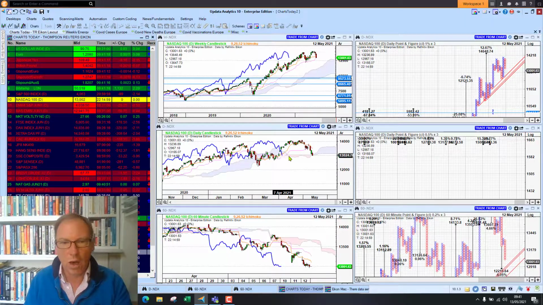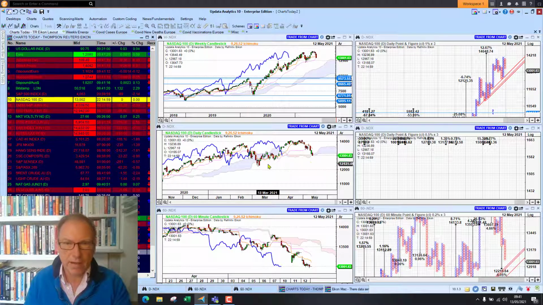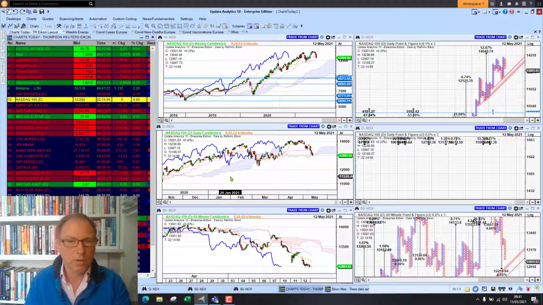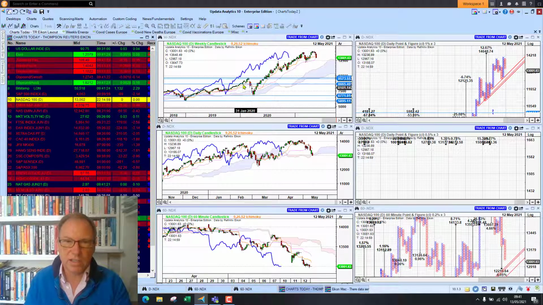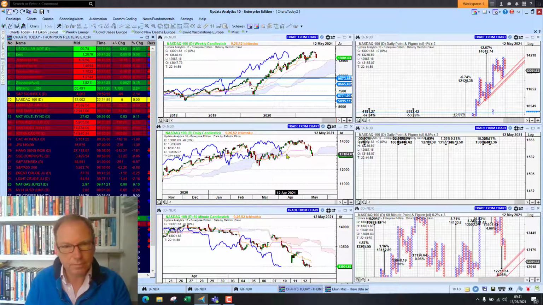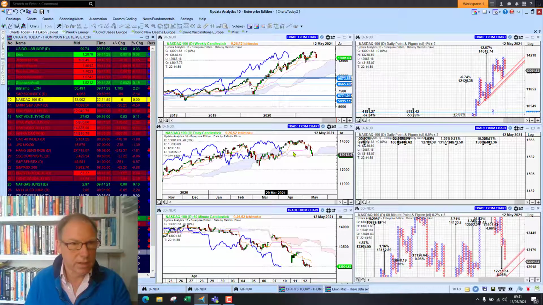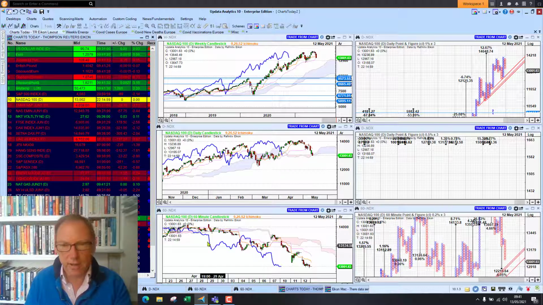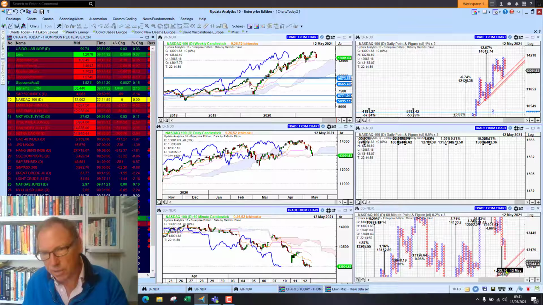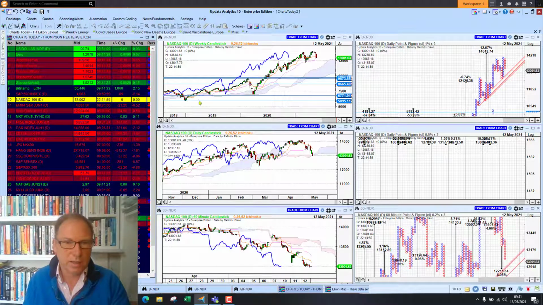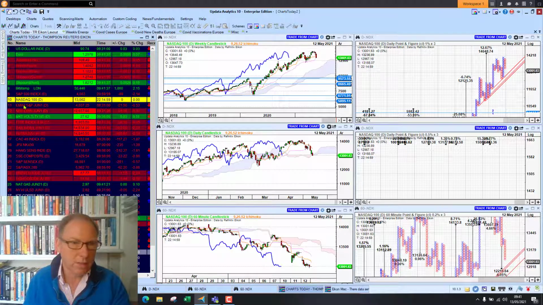The bigger news is tech, and we see tech now just falling below the cloud on that daily chart. If we hold this for a few more days and go lower, then that is the first time we will have seen a sell-off since the 2020 sell-off on the daily chart. So really just looking at an increasingly bearish picture there. Downside potential of 6%, so that's really significant, and that's going to be quite key.